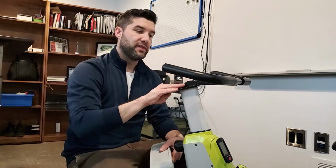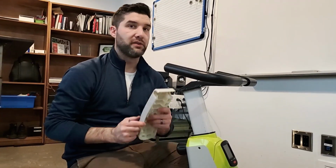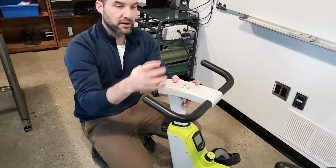Okay, now that you have these 4 hardware points tightened, you can go ahead and reassemble everything that you've removed. So put your cap back on, put the bracket back on, and put your platform